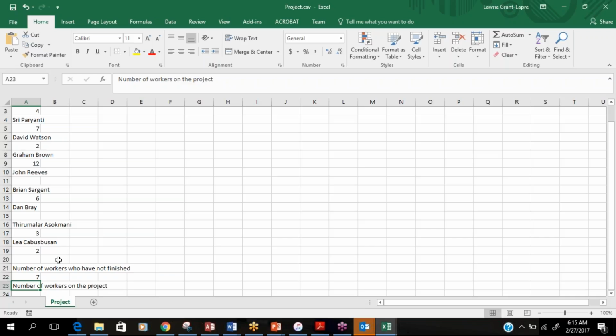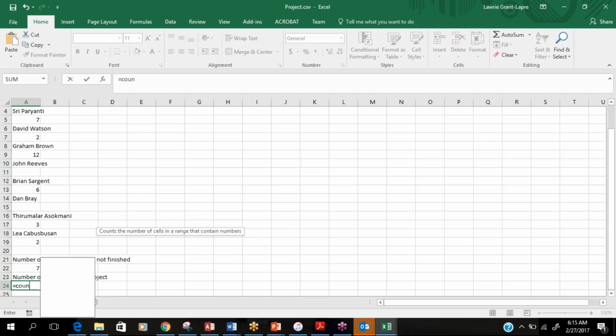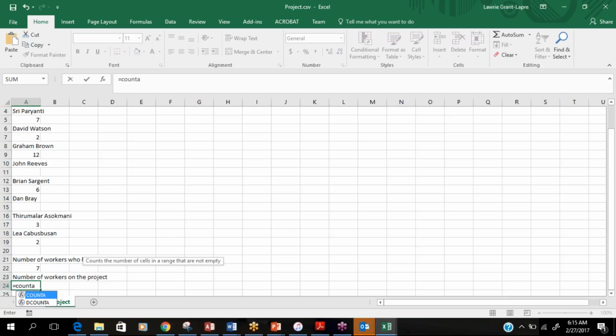Okay. Now, we want the next field, A24. We want to place a formula in cell A24 to count the number of workers on the project. Now, anyone listed is to be considered a number of workers. What we will do is we will use what's called a COUNTA function. That will count any cell that has some information in it. So if we put equals COUNTA and then highlight from A2 to